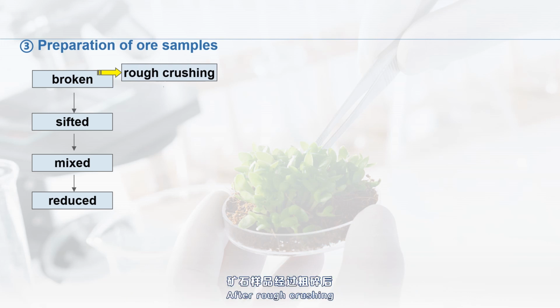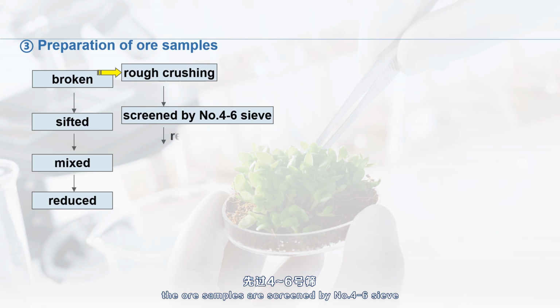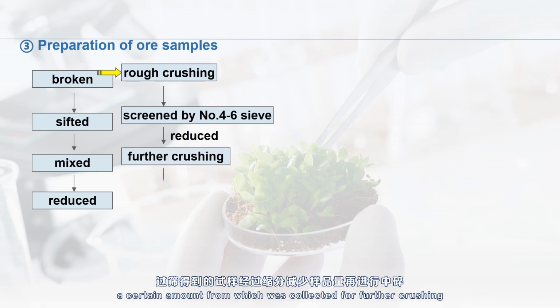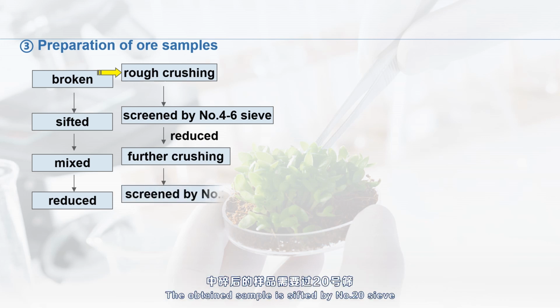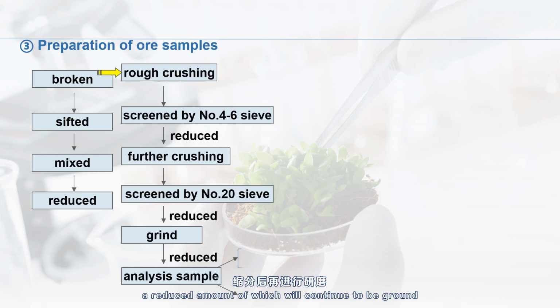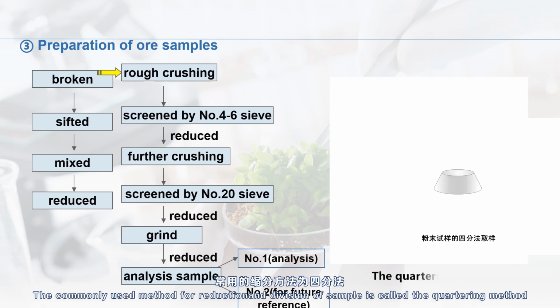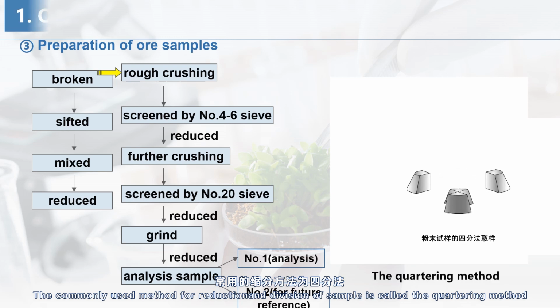After rough crushing, the ore samples are screened by number 4 to 6 sieve, a certain amount from which was collected for further crushing. The obtained sample is sifted by number 20 sieve, a reduced amount of which will continue to be ground. The commonly used method for reduction and division of sample is called the quartering method, which is